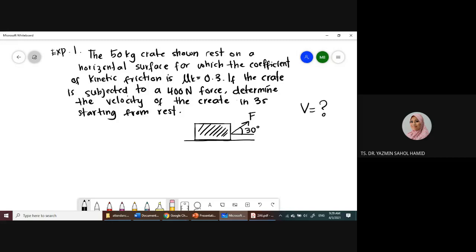Now, for this question, understand that we are in topic kinetics. How do you know that we are in topic kinetics? Because there is a